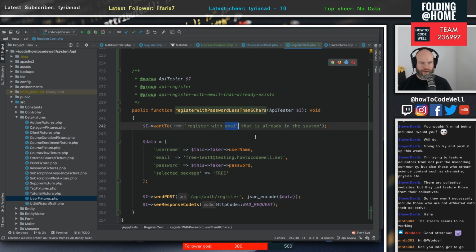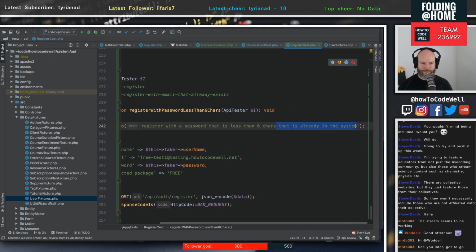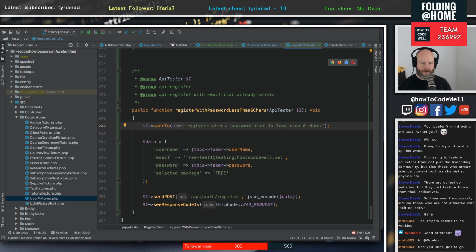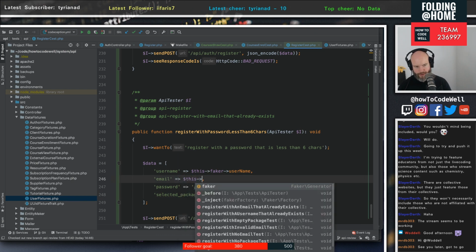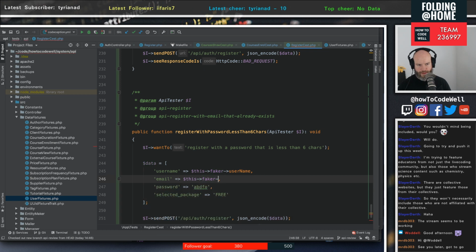Register with a password that is less than 6 chars. That should throw an error. So let's say, for instance, this here is 1, 2, 3, 4, 5. Okay, we need to change this to be on Faker, so this Faker email,